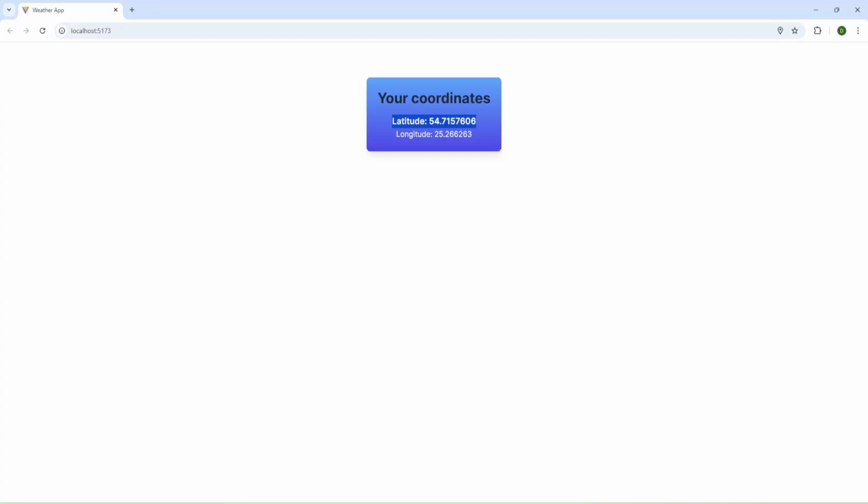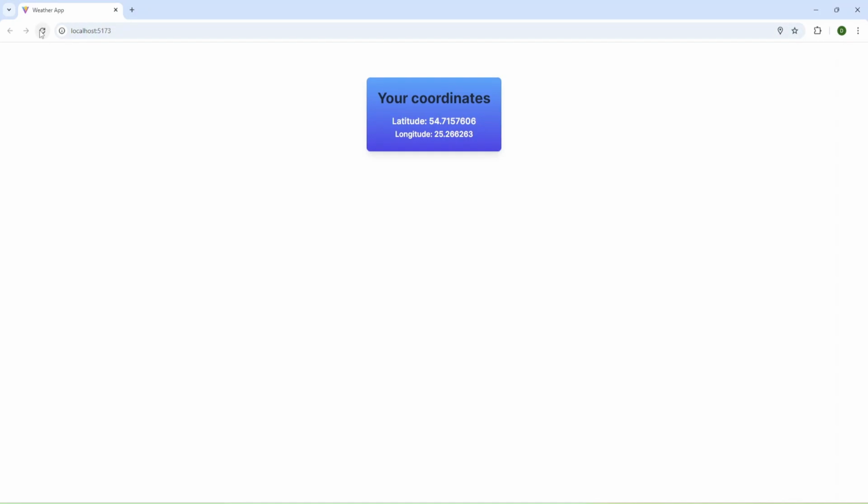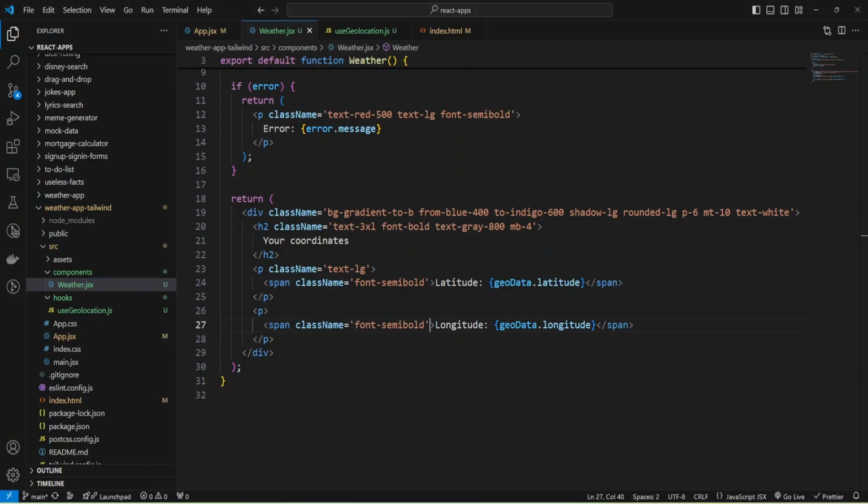Okay, and here I can also add the class semi-bold. Let's check what I have. Okay, and here I can increase the font size, add the same class name.